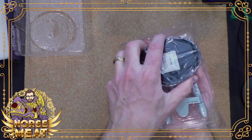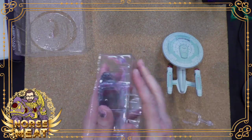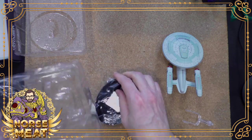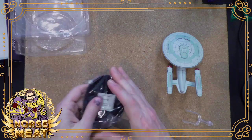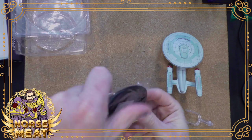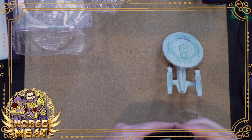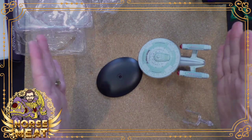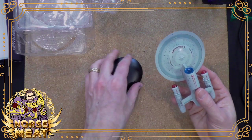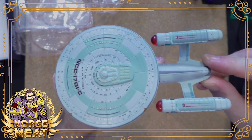So yeah, the Enterprise C has only appeared in those two episodes as far as on-screen appearances. I think Eaglemoss has gone on to make an extra large, an XL version of this ship. So they're about this big. I think they've now done them for all of the Enterprises. So we've looked at a lot of these before, but I'm a big...